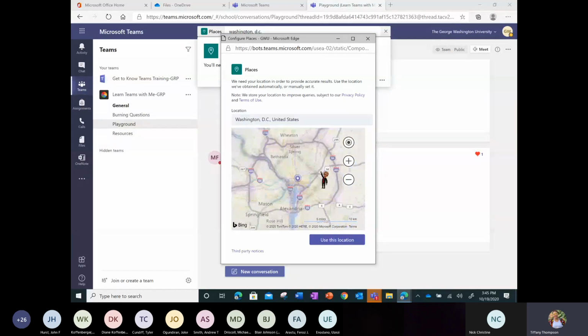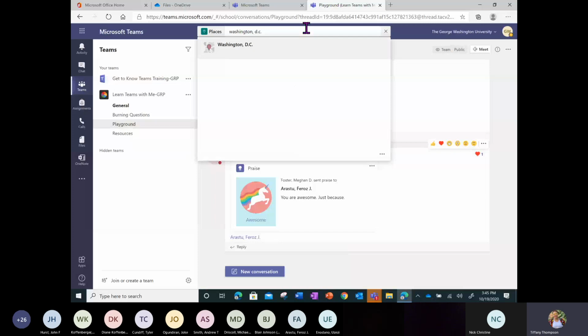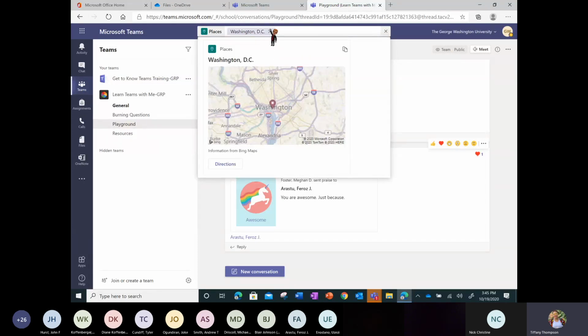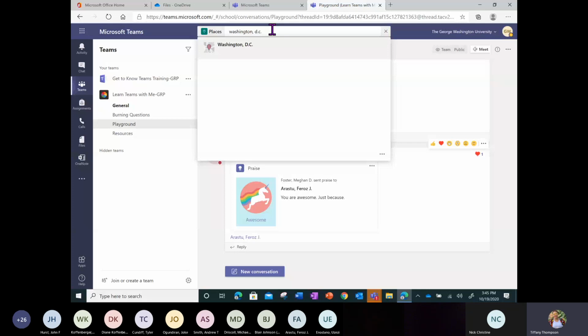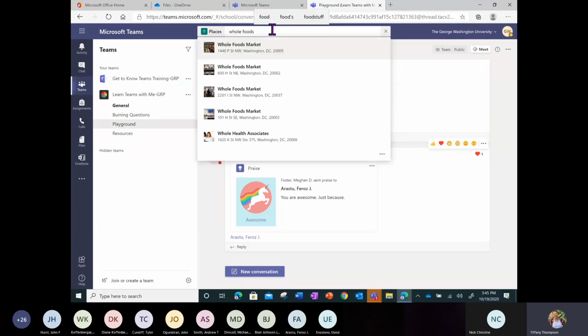There we go. So I'm going to use this location first. Okay, so now I can search for, let's see if it'll bring the closest Whole Foods for me. So there's one on P Street, H Street. There's one on 40th. Let's do H Street Southeast.